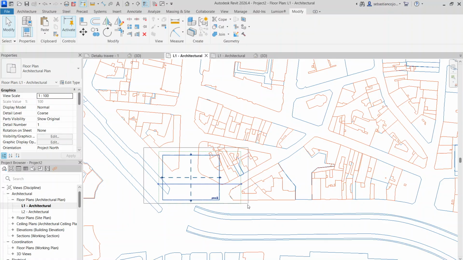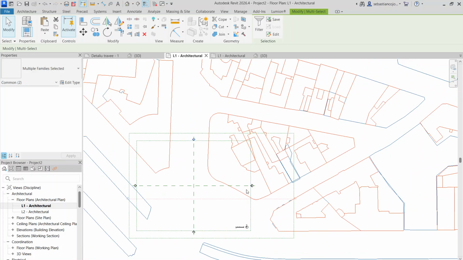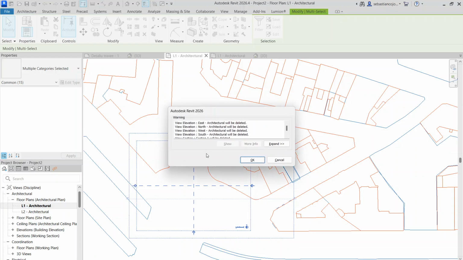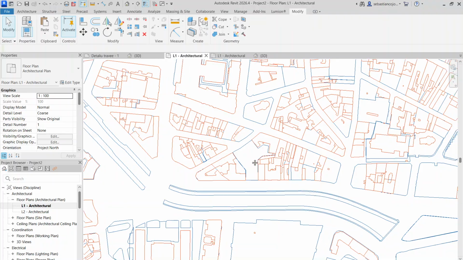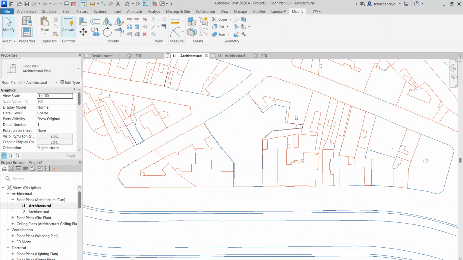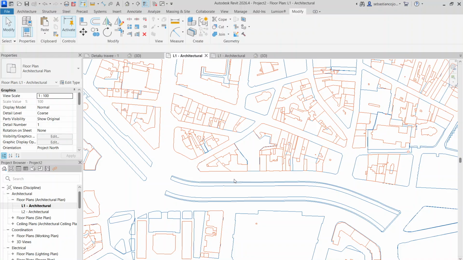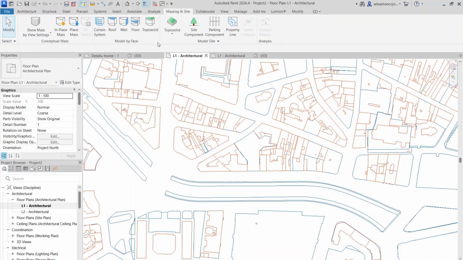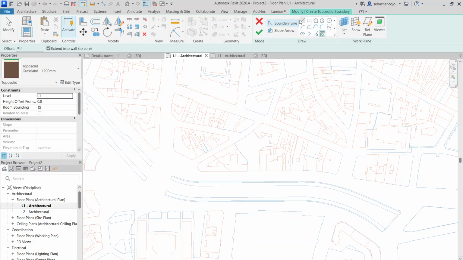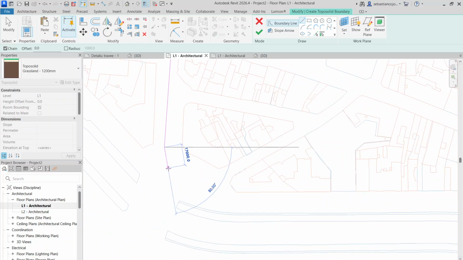So I think I will delete all these. It doesn't really help me in my case. Yeah, delete all elevations, I'll create my own. Okay, so the terrain in question is this one. I try to recreate this terrain, so I go to massing and site. I have topo solid, create from sketch, or you can create from import. Then I will create from sketch, and you draw it basically like a slab, and I have something like, let's say like this,